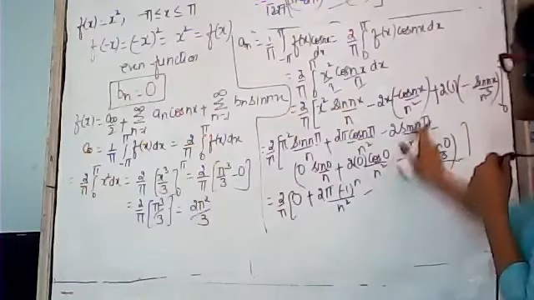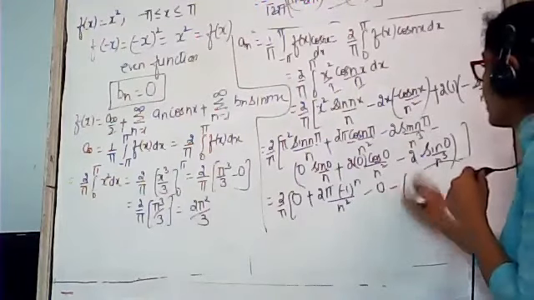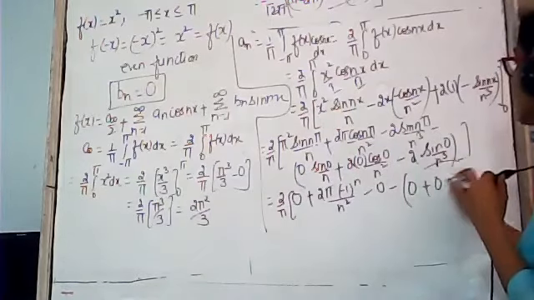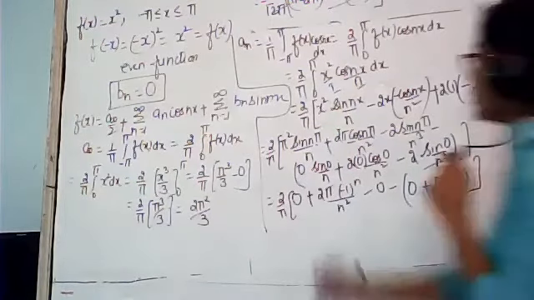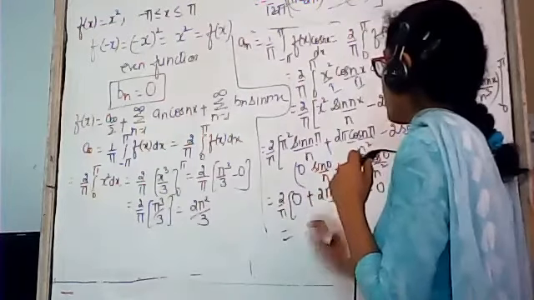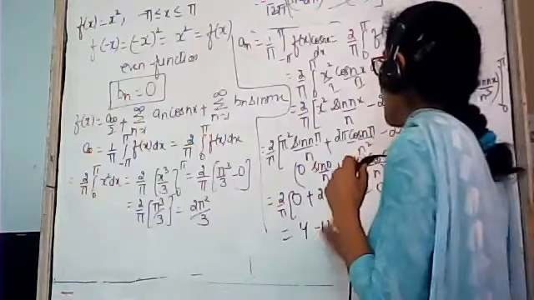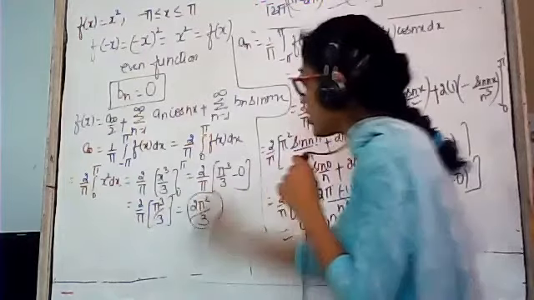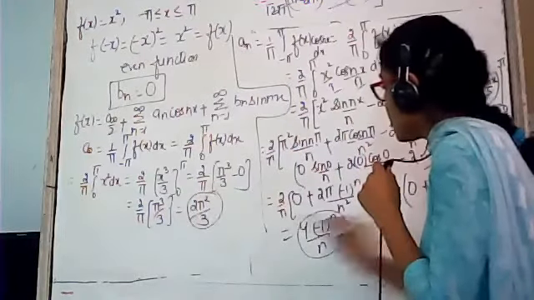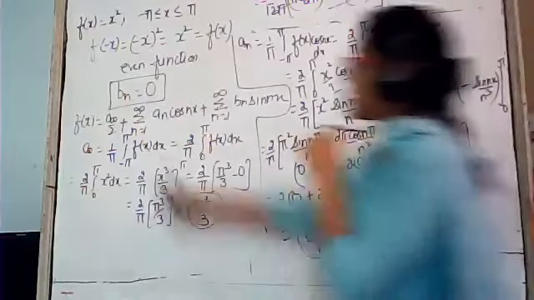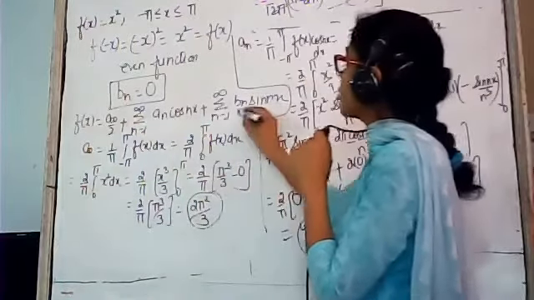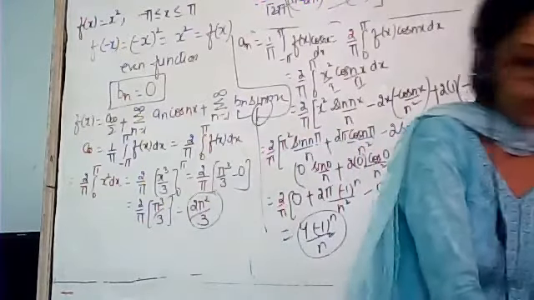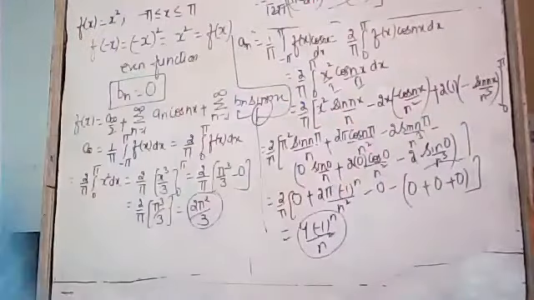Again minus sin n pi is again 0. Minus lower limit 0. This will be 0. Again 0. This will be again 0. Sin 0 is again 0. The lower limit is all 0. So this is equal to 2 into 2 is 4. Pi and pi will be cancelled out. Minus 1 to the power n upon n square. So this was the value of a naught. This was the value of an, and bn is 0. Substitute the values of a naught, an and bn in equation number 1. You will get the required expansion. Is there any doubt, beta? No, ma'am.